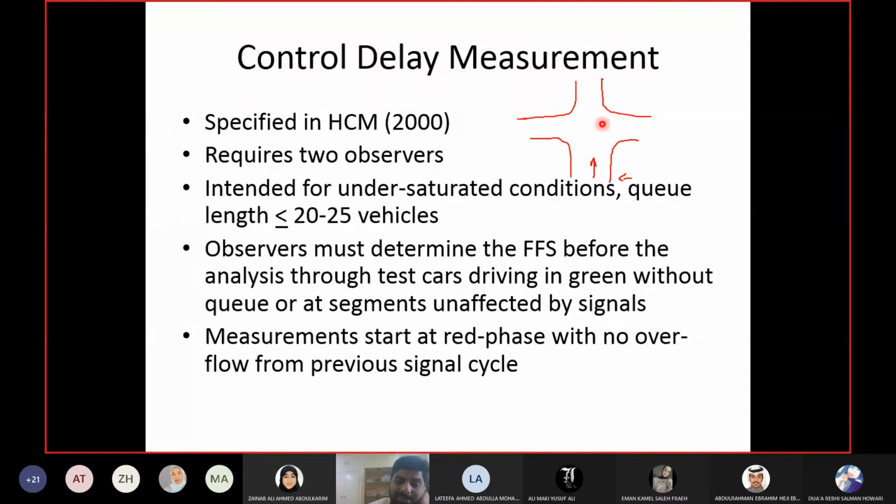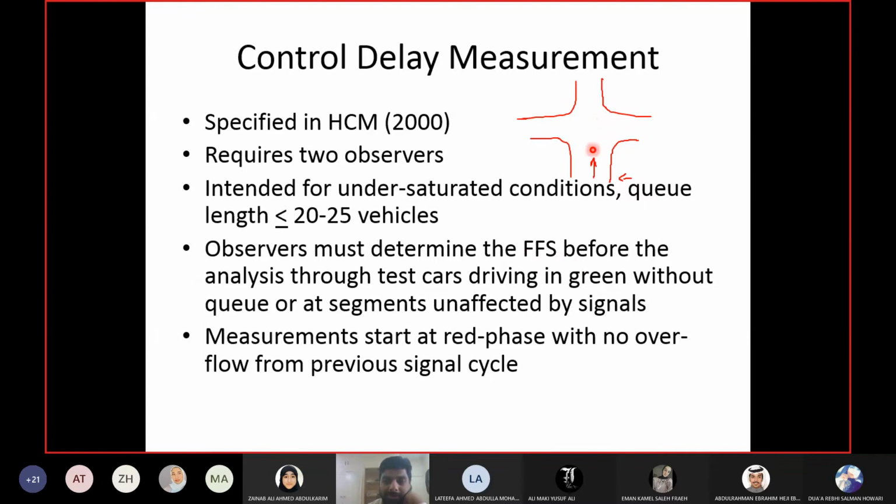Because what happens, you see the signal is green, you try to capitalize on this time, right? You want to pass during this time, because otherwise this is the end of the world for you. So you increase your speed, and you don't think about other things, like the road design and the traffic. You just try to go ahead while the signal is still green for you. Everybody is doing that. Even if you are following some other driver, the driver in front of you is also doing the same thing. So this will give you a very good estimate of the free flow speed.